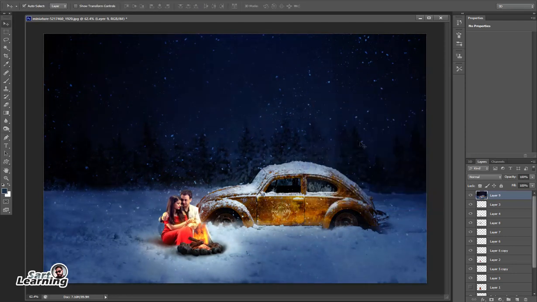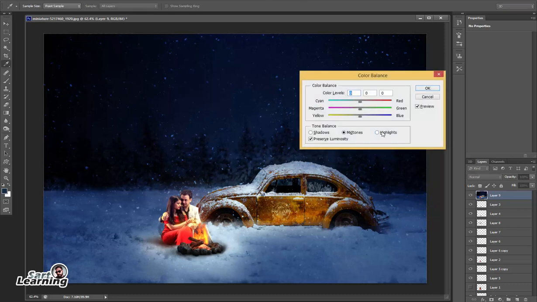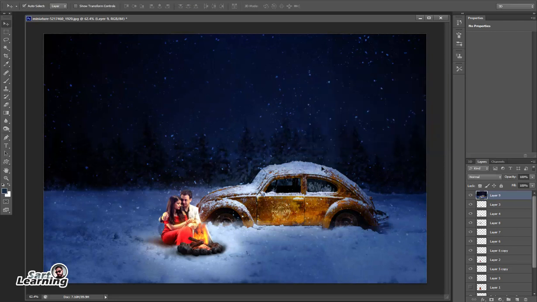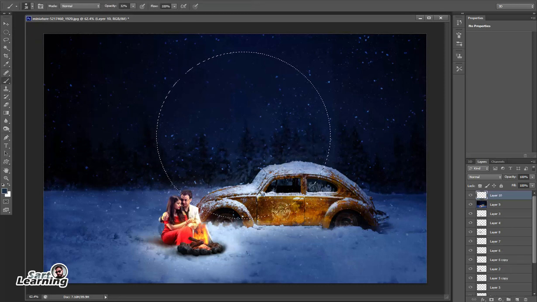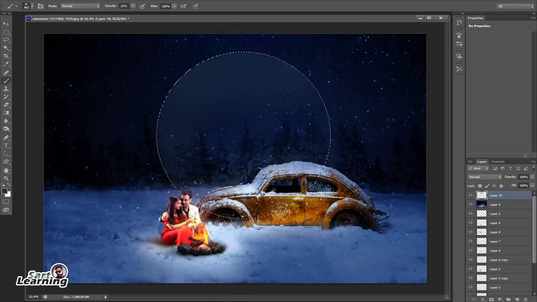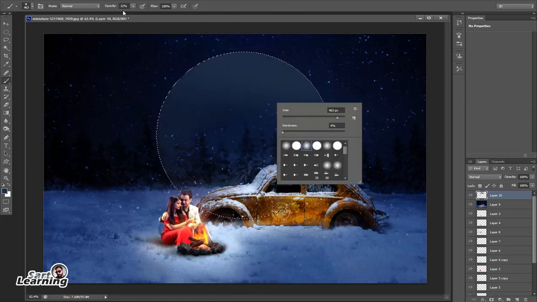Now time to create a moon. So before this I just add some bluish area. For the moon I just draw a normal circle and paint with the white brush and paint only the part of the edges.